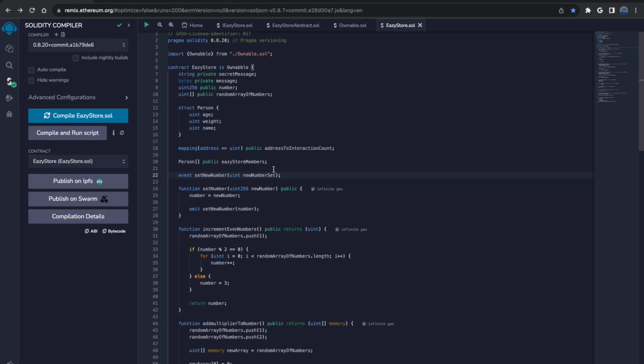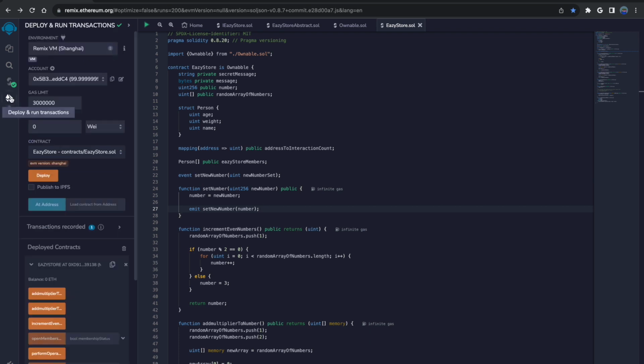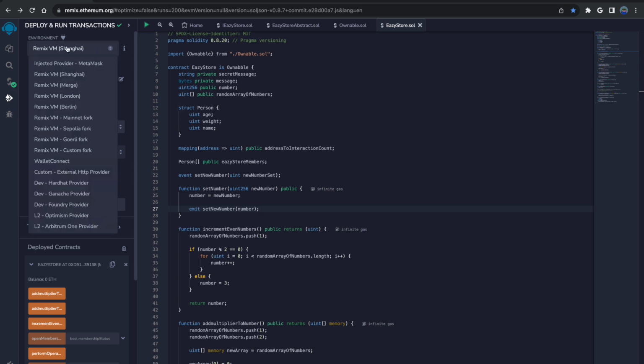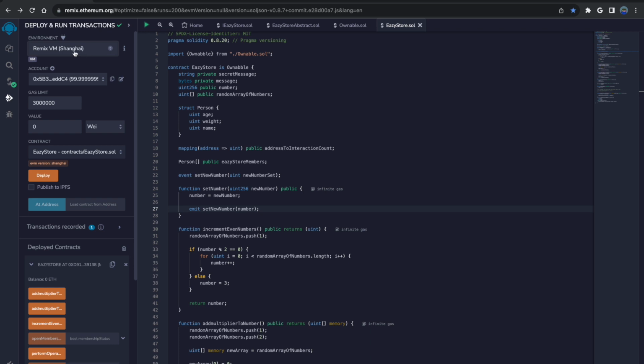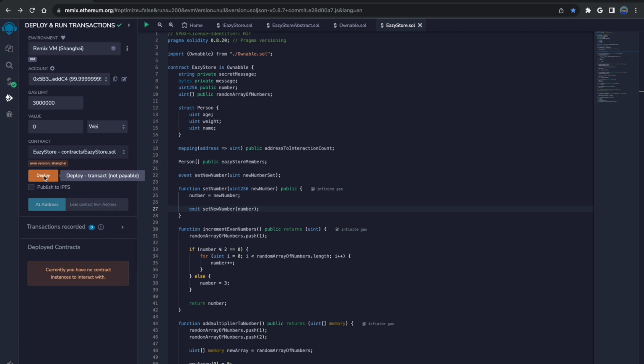All right, so if we jump into Remix, to first deploy your contract, you need to compile it, and once you compile this contract, you're able to then deploy it on chain. So when we come in Remix, come to the left side tab, we go to Deploy and Run Transactions. If you see here, I'm running it in a VM. This is just a Remix VM. This is not using any testnet at the moment. It's a VM that's already included within Remix. And so what we're going to do is, we already have this one deployed, but let's go ahead and deploy a new one.